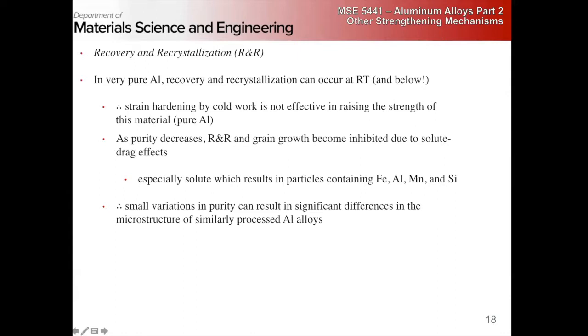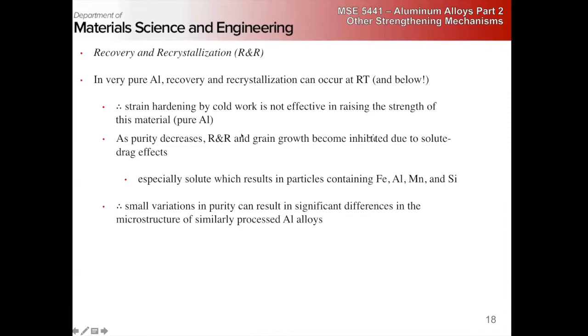We can get around obstacles. So strain hardening by cold working is not effective. But as we decrease our purity, recovery and recrystallization and grain growth can become inhibited due to solute drag effects. Right? So